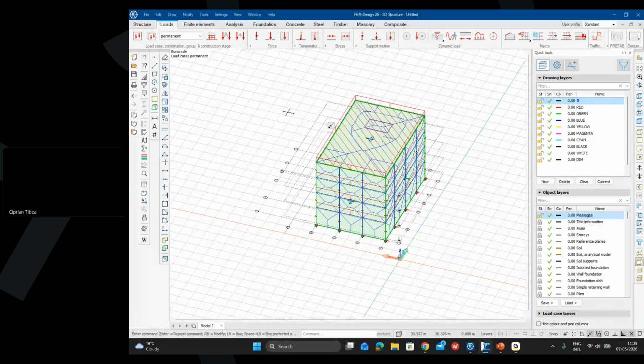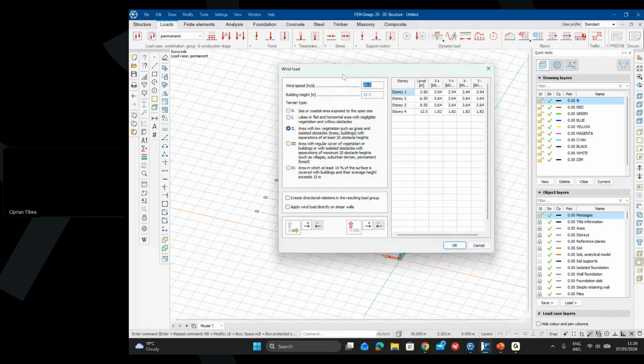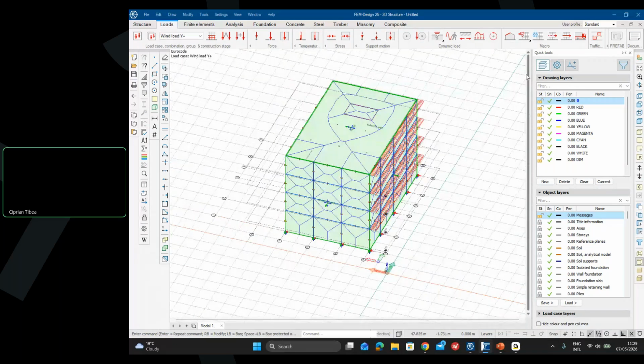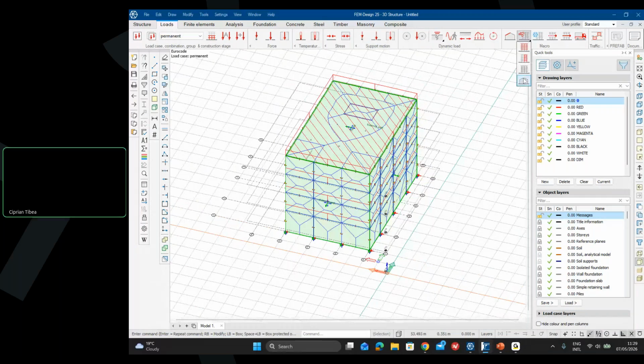Then we need to define our wind. And those are the generic position of the building, whether it's placed on the sea or in a very urban area surrounded by other tall buildings, and of course it will have an impact on the wind factor. But I don't want it like this. Sorry, I want it as